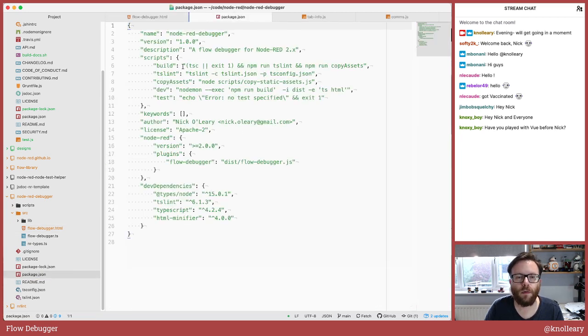So this is the npm script I've got running in this window, which is watching for changes. And whenever, there we go, dev. So whenever I change any of the Flow Debugger files, it runs the build task, which does various things. What I'm going to just cheat and add on to the end of here is